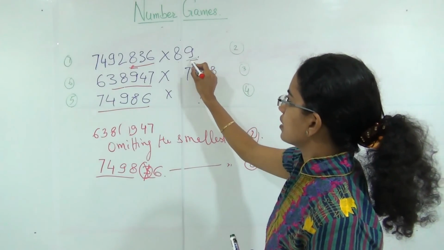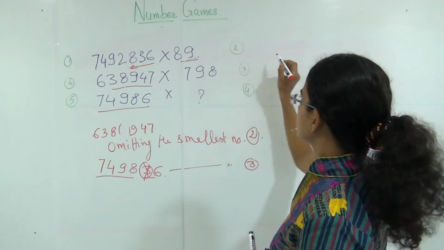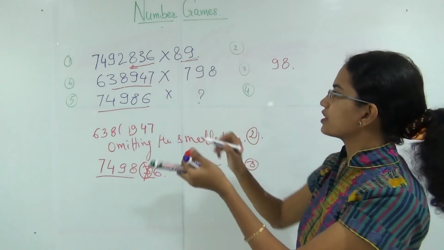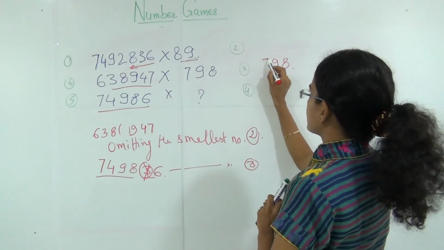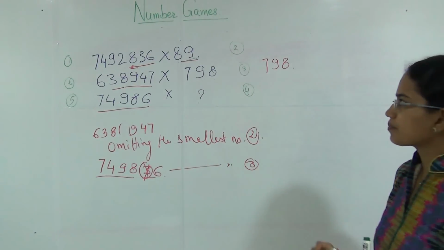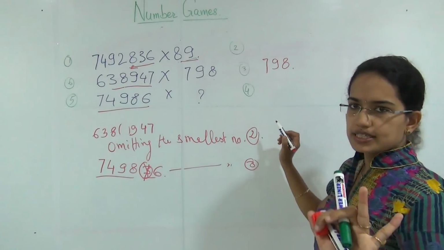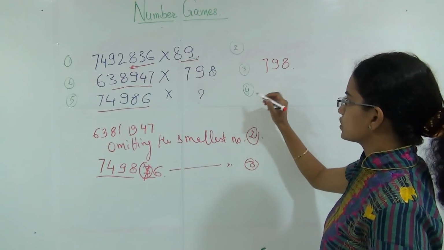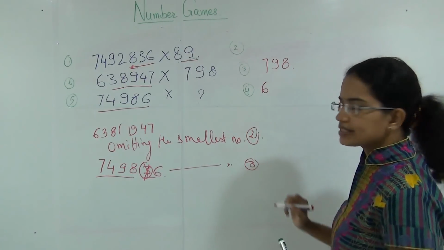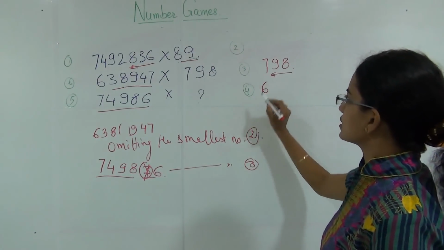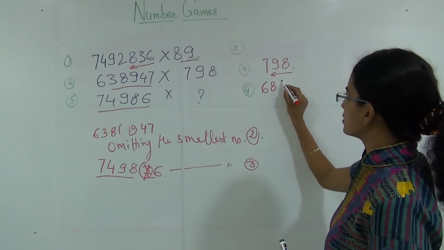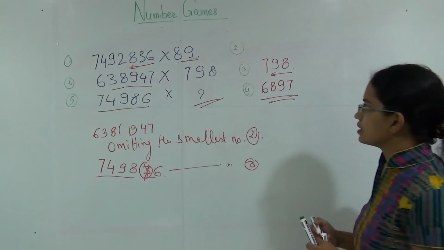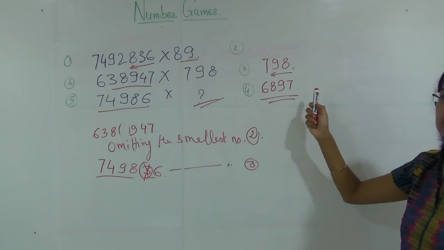So here 89, I am reversing the digits, so it becomes 98. And I am adding one digit that is smaller than 8, that's 7. So I will add 7 in front of it. Now you have 7, 8 and 9 as 3 digits. So I'll add one digit which is smaller than 7, which is next to 7. I'll add 6, and then I'll reverse the trend. So it would be 8, 9, 7. So here my correct answer should be 6, 8, 9, 7.